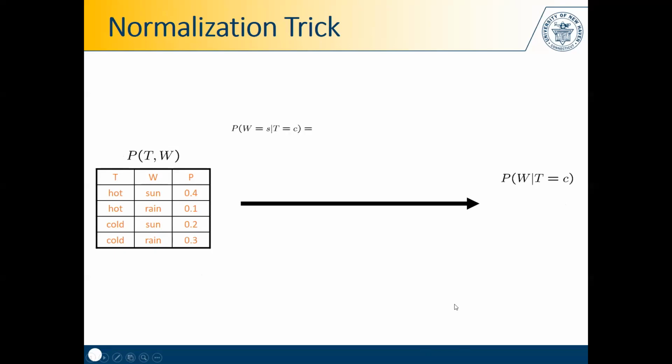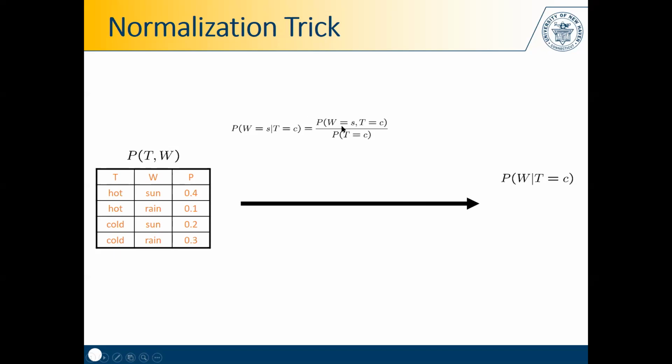Well, we first calculate the conditional probability of W being sunny given temperature being cold. It's essentially just the joint probability of the outcome S and C divided by the probability of the outcome being C, which is,